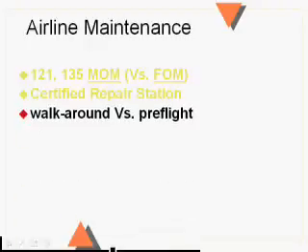Now, when you go out and pre-flight a Cessna 172, it probably takes you 10 or 15 minutes. If you go out and pre-flight a transport category jet and you stick all the tanks and check all the engine reservoirs and the hydraulic reservoirs, it's going to take you a lot more than 10 or 15 minutes. So what occurs at the 121 operations is that trained ground personnel are going to do the pre-flight. When I was in the service on B-52s, it took 8 hours of labor to do a complete pre-flight. So they'd usually put 4 people on it, and it would take 2 hours. 2 hours times 4 people is 8 hours.